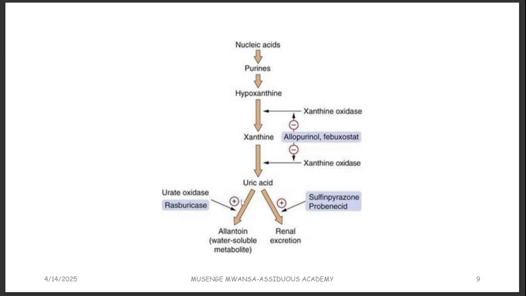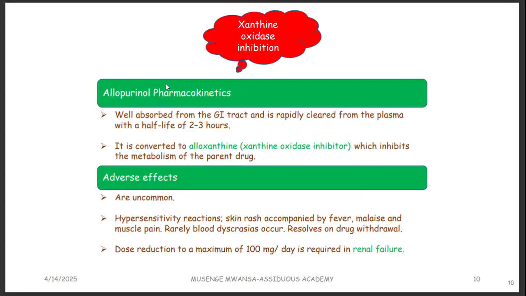So the enzyme here that is needed is urate oxidase. So you can give as well a drug, rasburicase, to promote the conversion of uric acid to allantoin that can dissolve in water. Because uric acid itself causes problems because it forms crystals, and those crystals get deposited on the joint, and that is what causes the problem. So xanthine oxidase inhibition, again we've said it's via allopurinol and also